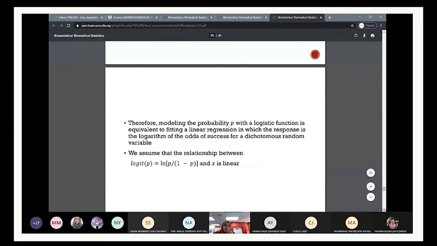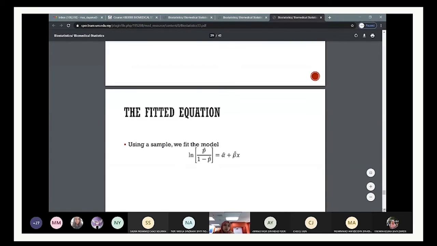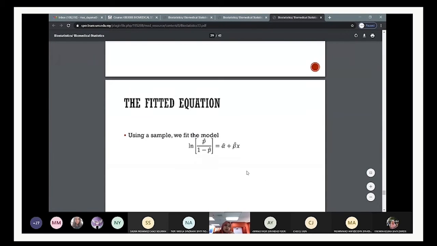Therefore, modeling the probability P with a logistic function is equivalent to fitting a linear regression in which the response is the logarithm of the odds of success for a dichotomous random variable. So we assume that the relationship between logit P and x is linear. The fitted equation should look like this: the ln of the estimated probability divided by 1 minus the estimated probability equals